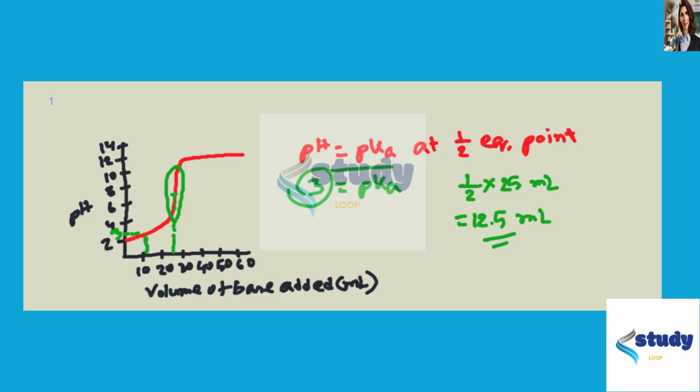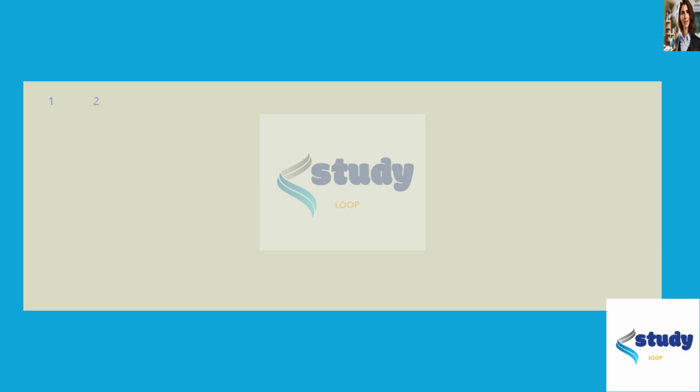Now, to know the molar mass of the acid, we need to know the number of moles of the base for this titration, and from that, we'll be able to find the number of moles of acid, and from there we'll be able to find the molar mass of the acid. So the number of moles of the base will be just simply the multiplication of its volume with its concentration. So the concentration here is 0.112 mole per liter of the base,